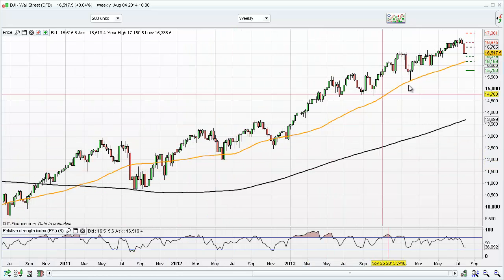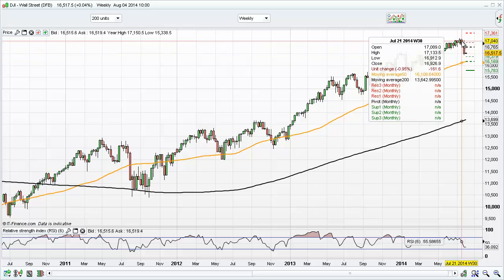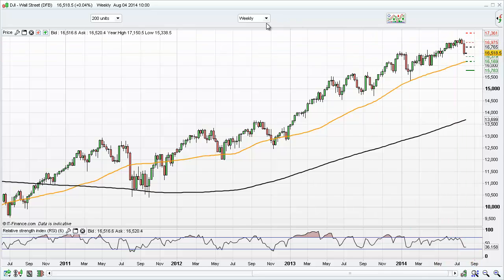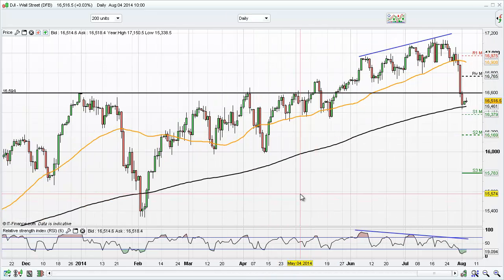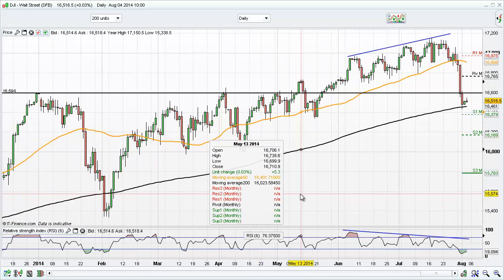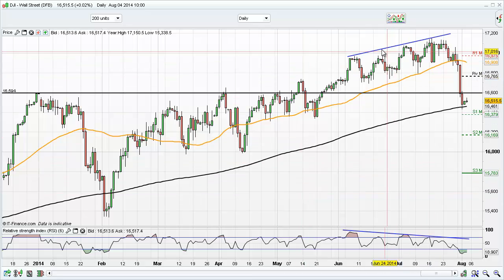So from that point of view, the question is: is this the potential of a move down, or is it just another one of these minor corrections? And that's what we want to just keep an eye on, and let it present itself before we move forward. Now, what's interesting is this one has worked out as far as a reversal goes, because it's done the divergence